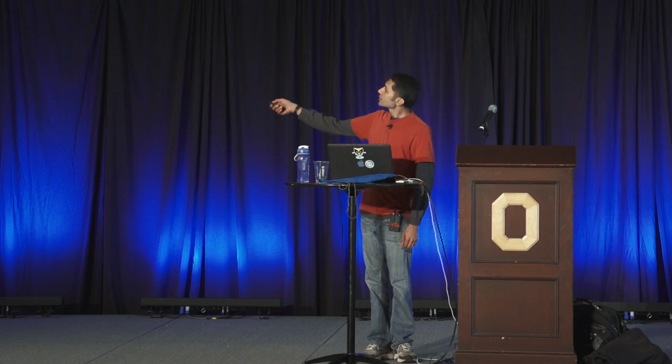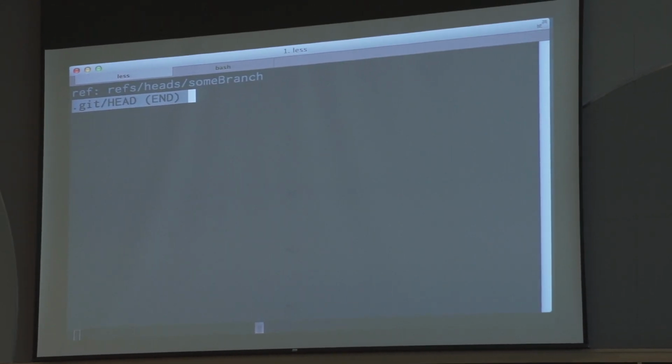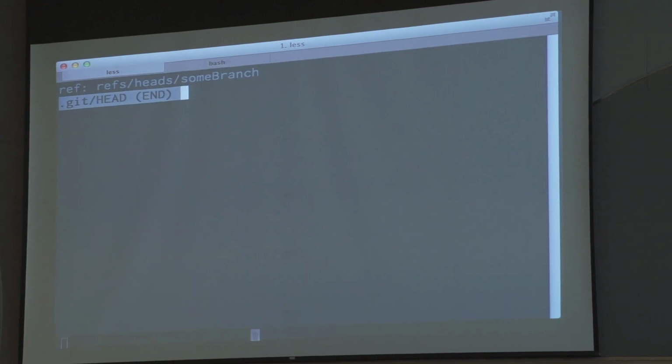Currently, Git says head points to some branch. Now, there's a file here called HEAD inside the .git directory. Let's take a look and see what's inside that file. Those are the contents of the head file.